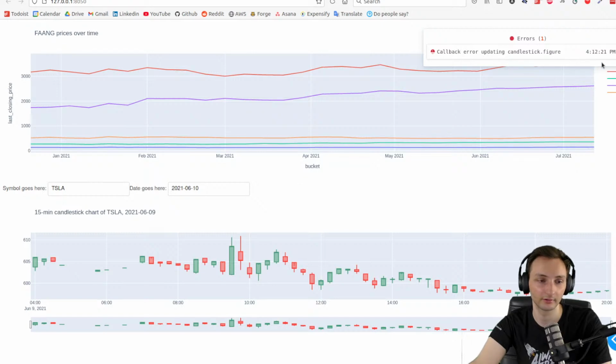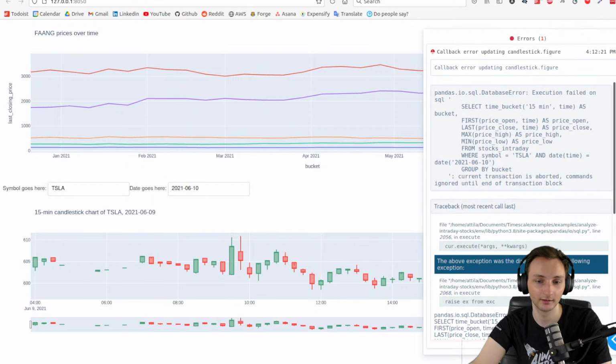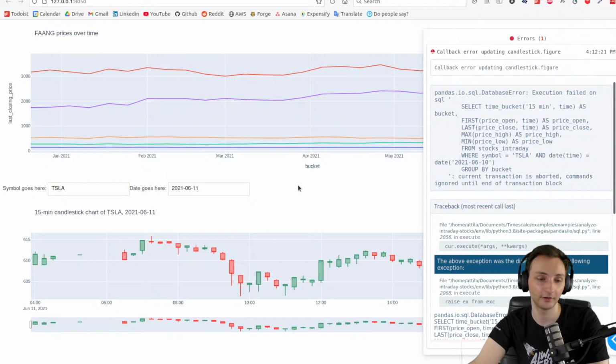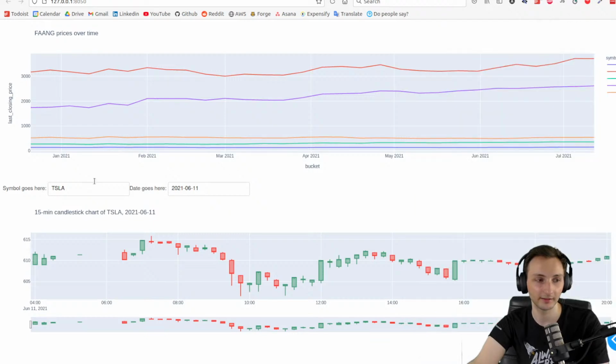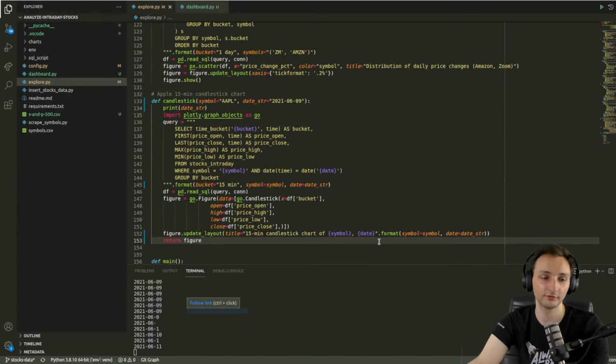Oh no, there's an error. Interesting. So sometimes it works, sometimes it doesn't. But for 11th, it works. All right, I will debug this after the stream, but fundamentally, I think this is a good base